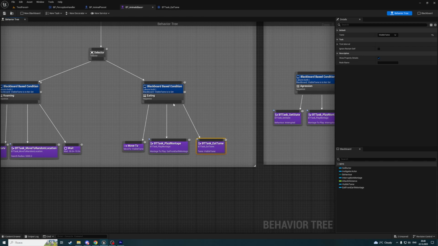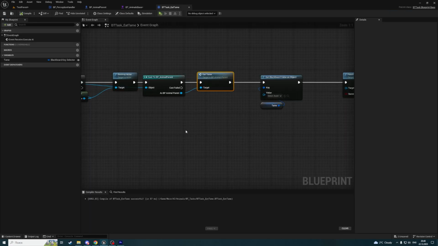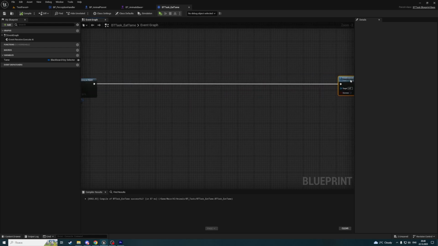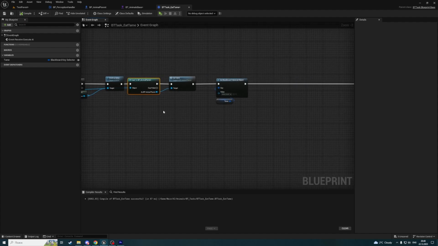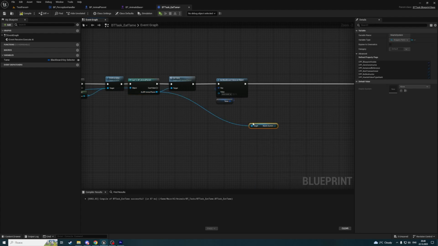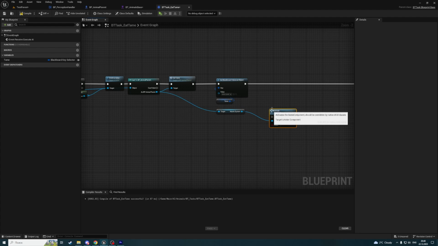I think that on it tame. So before finishing execute, we're gonna get our control pawn. We already cast to animal parent, and we're gonna get hearts system and call activate